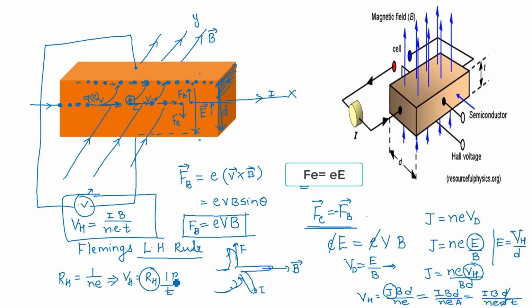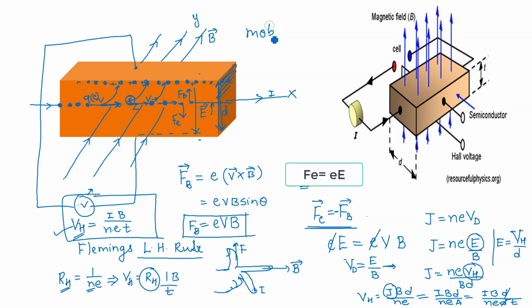So I hope you understood how Hall voltage is produced across those two surfaces and their relation. By using this relation, one can find the carrier concentration, the Hall coefficient, the Hall voltage, etc. As well as one can find the